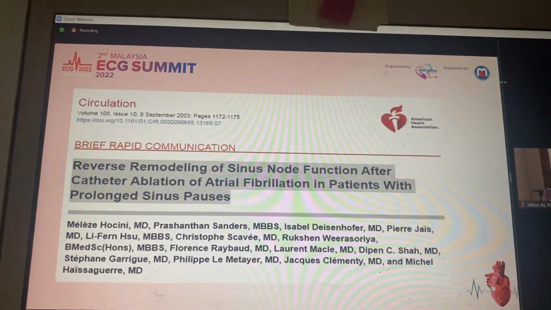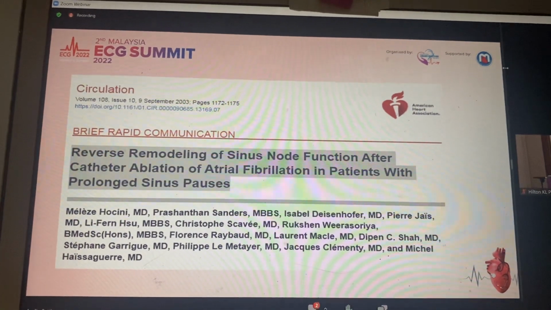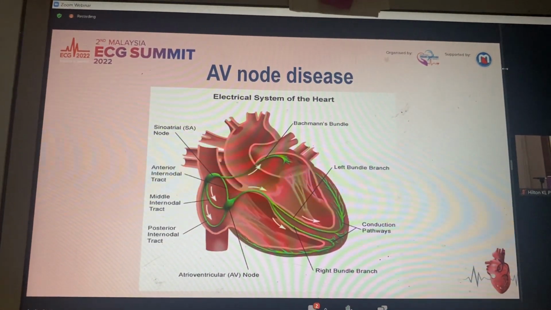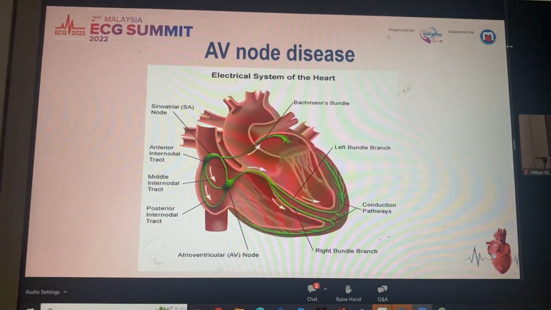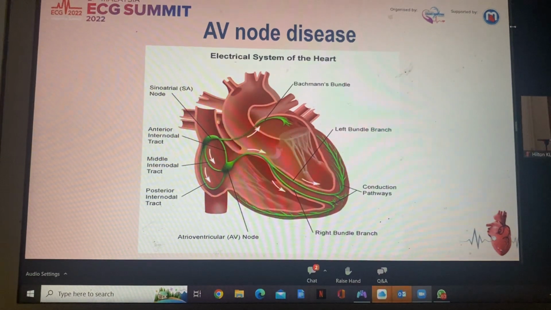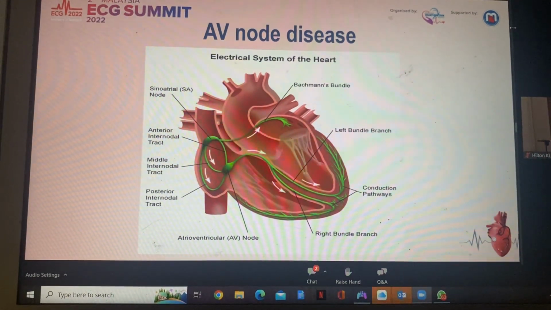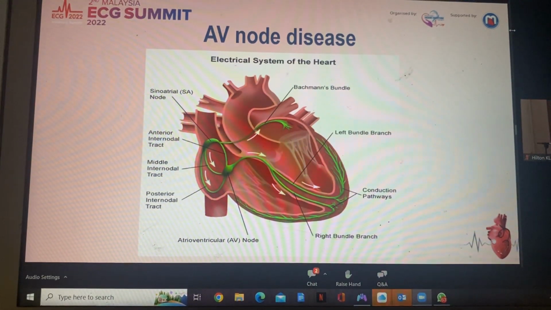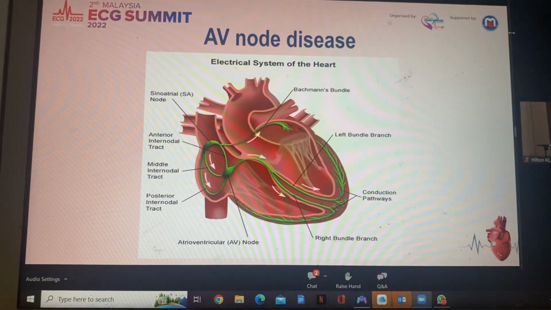regime. Okay, so we have finished the first part of bradycardia. We have finished the sinus node disease. So we had sinus bradycardia, then we had the sinus pause, we had the tachy-brady syndrome, and we have also chronotropic incompetence. So we move to the